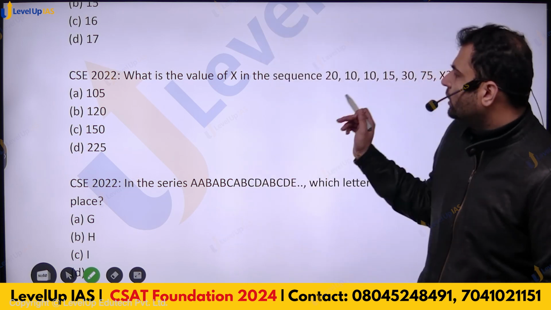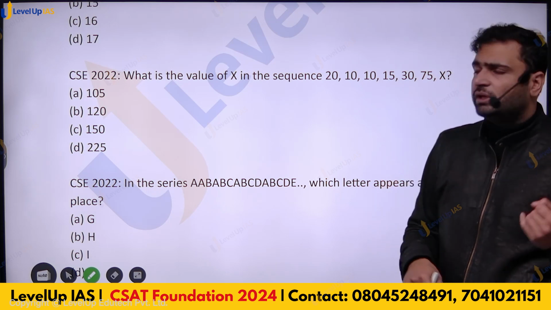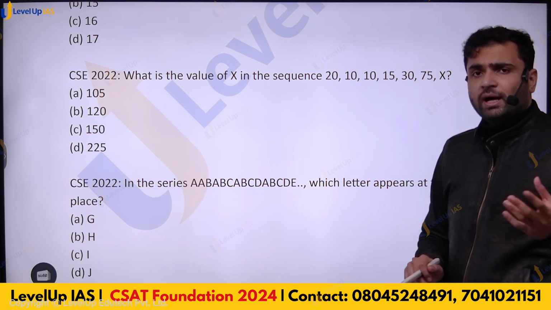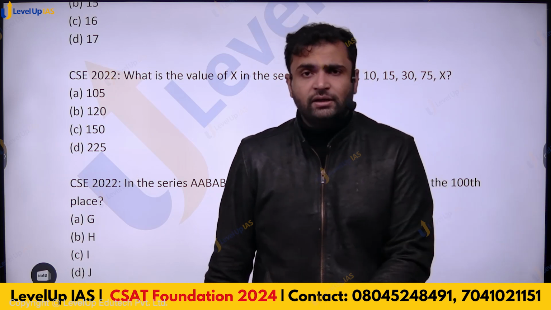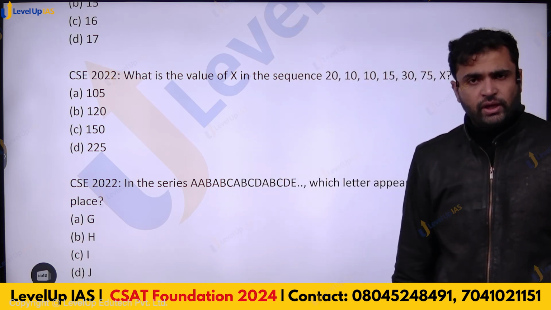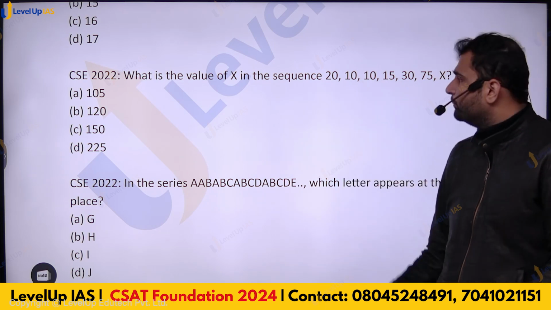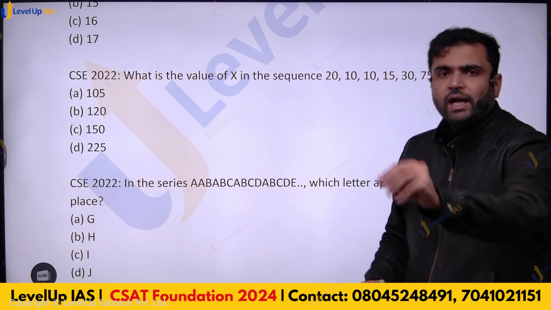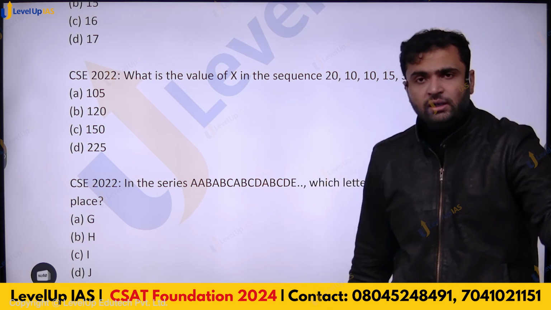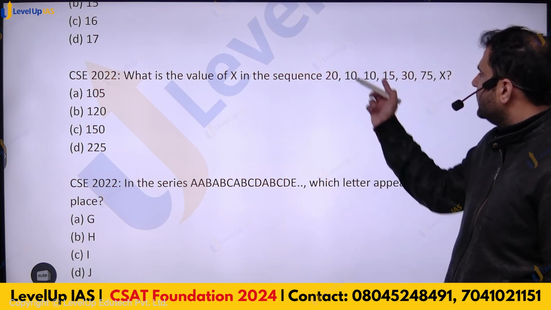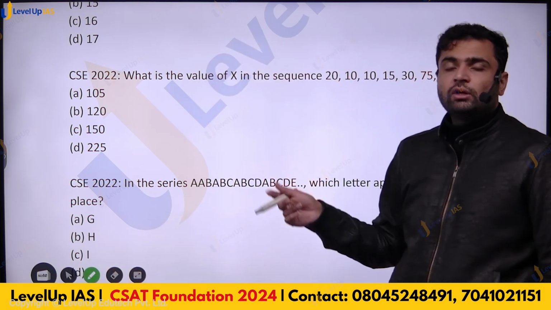unwise strategy. So what we do in this kind of question, we observe the sequence, we try certain standard things in terms of: is it an AP, is it a GP, are the differences in the subsequent terms forming any kind of pattern or not. And another very good and standard way is to take ratios of consecutive numbers if the numbers are first decreasing and then increasing. So that is what is happening here. First they are decreasing, from 20 it is becoming 10, and then it is increasing later on. So it is good if we take one of the possibilities that it could be something related to ratios of